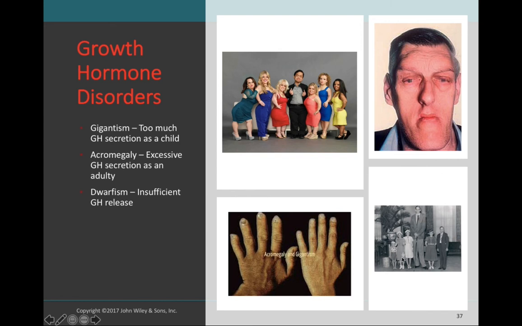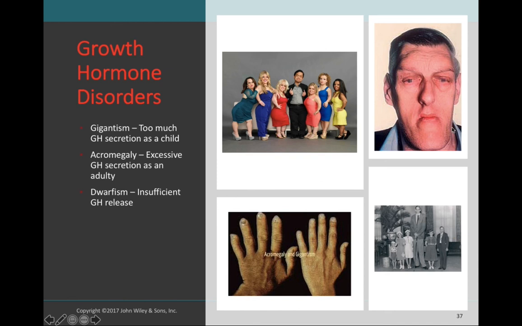You're not going to be this tall if you start to have too much release of growth hormone when you're an adult, because your growth plates will have already been fused, and there's not going to be as much growth going on in those places. However, certain areas are going to be affected with acromegaly, and one of the areas that we see is in the jawbone. The jawbone tends to get very, very rigid and pointed,